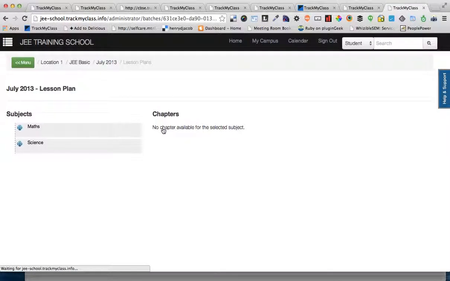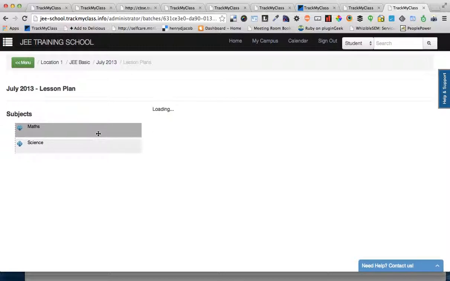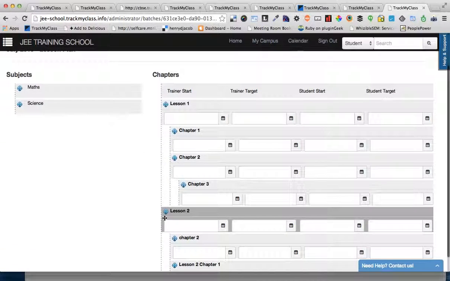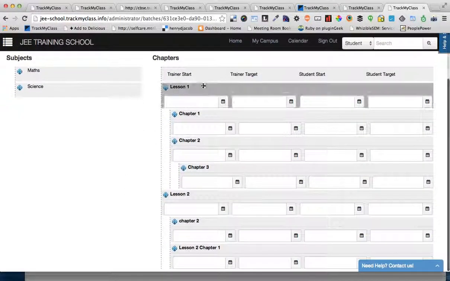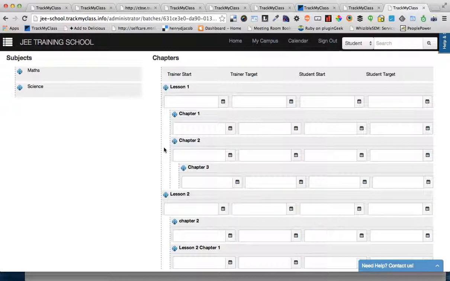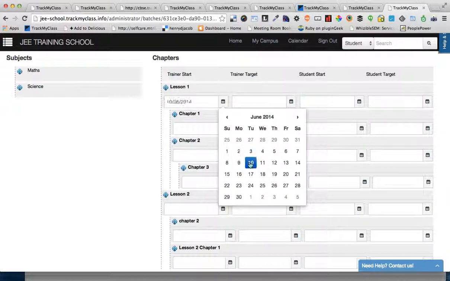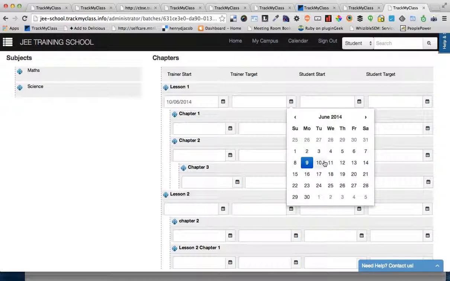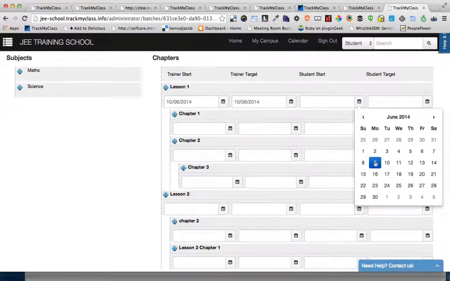So I'm going to choose this batch. You select a subject. This shows you the list of chapters available for that particular batch and their timings, when the trainer should start, and you can also set the target for the trainer as well as the target for the student. For this example, I'm going to mark this for this week. So lesson 1 should be covered between this week